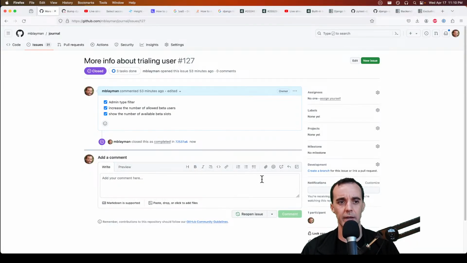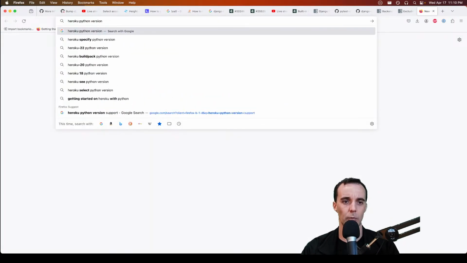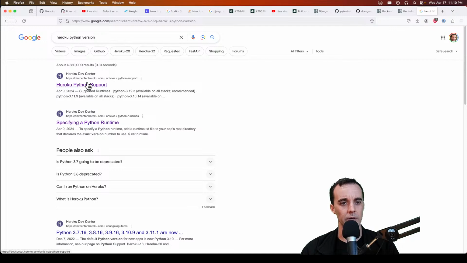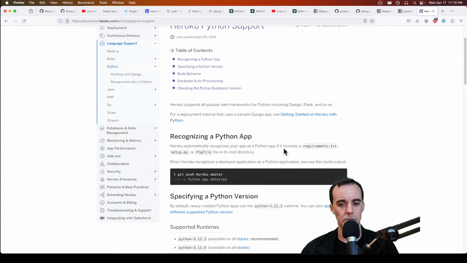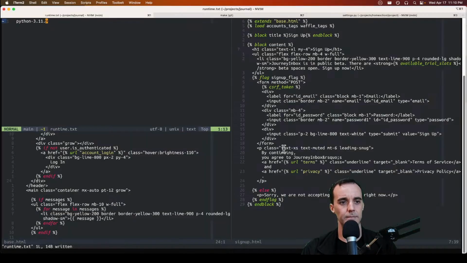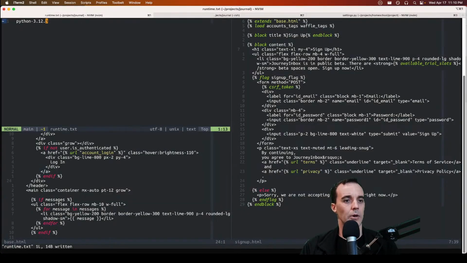Actually, now that I'm saying that, Heroku Python versions, I want to say that 3.12 is out. Yeah, 3.12 is out. Let's do that instead. Let's go up to 12. Oh, interesting. Got some migrations from that. Fun. Okay, and then